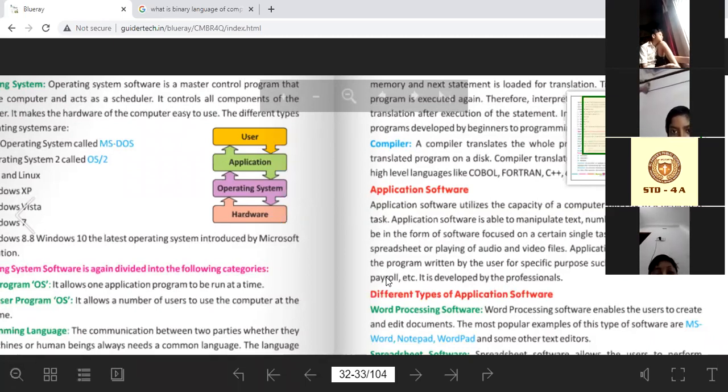Suppose when you write your doubts in the chat option, you can erase some words, you can type some words, you can send some pictures. These are known as manipulating text, numbers, and graphics, where you can change the numbers, where you can change the document, whatever is written or given to the system.